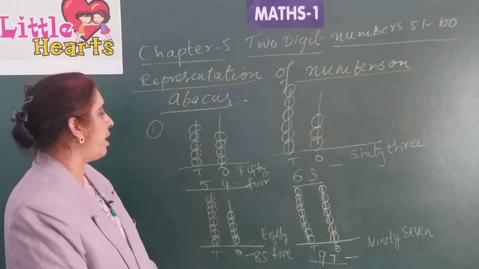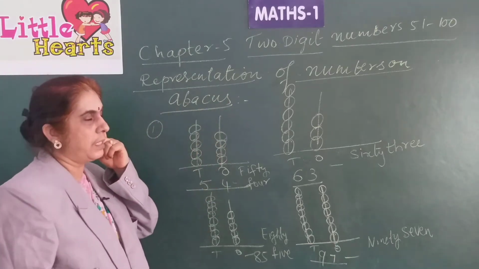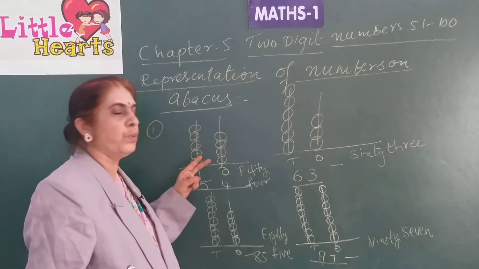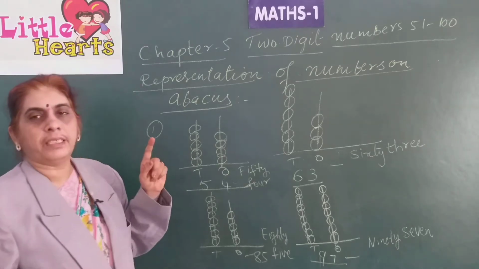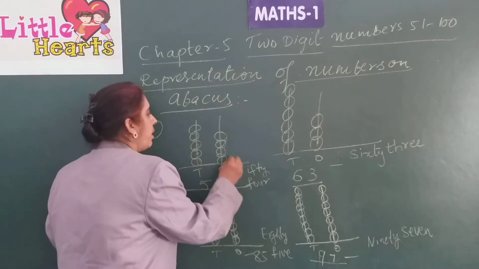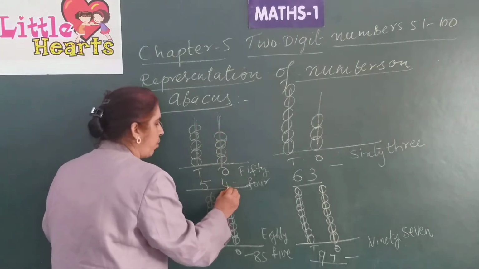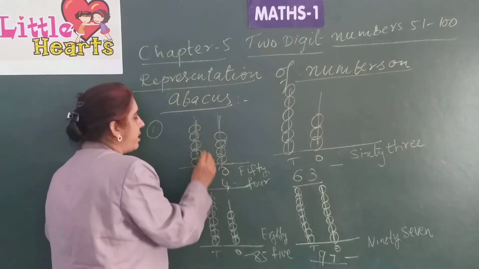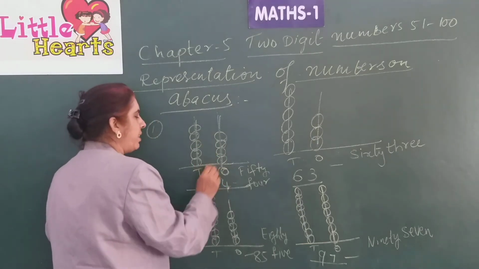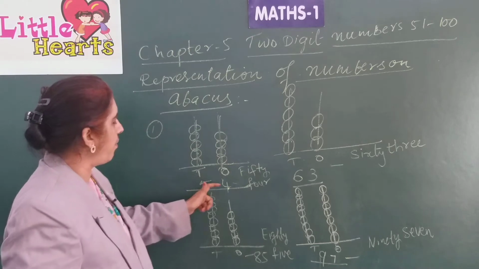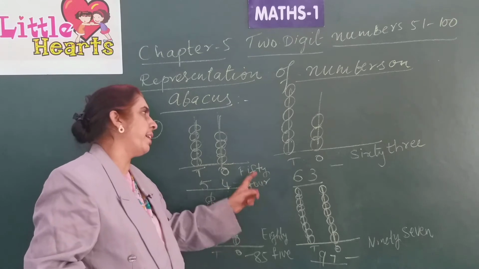Children, we shall represent the numbers on abacus. An abacus is a frame on which two sticks will be there. On these, beads will be inserted, and we shall count the number of beads in the ones and tens place. Here there are two sticks, and on this, 1, 2, 3, 4 beads are there, number 4. Count the number of beads in the second stick: 1, 2, 3, 4, 5. The first stick is the 1's place, the second stick represents the 10's place. So 5 and 4, that is 54, and we shall write the spelling of 54 like this.